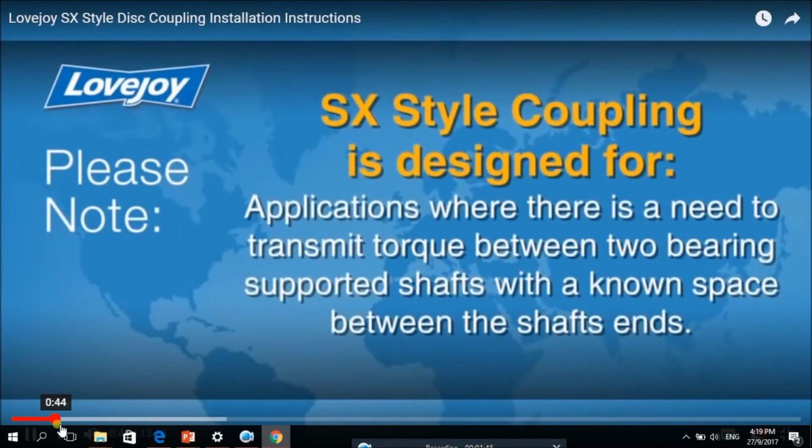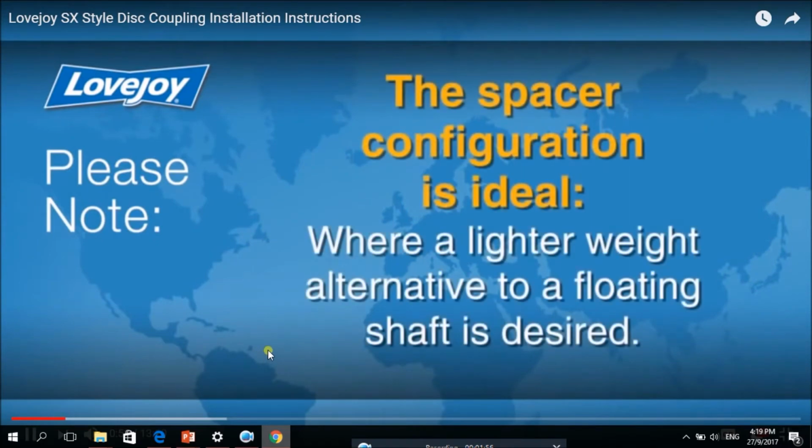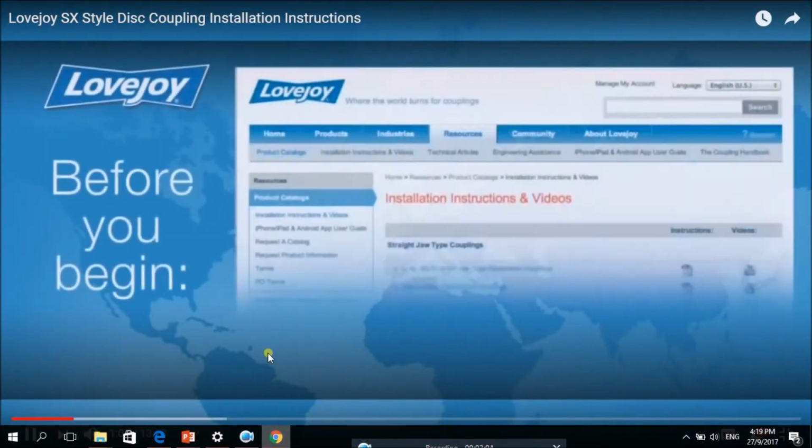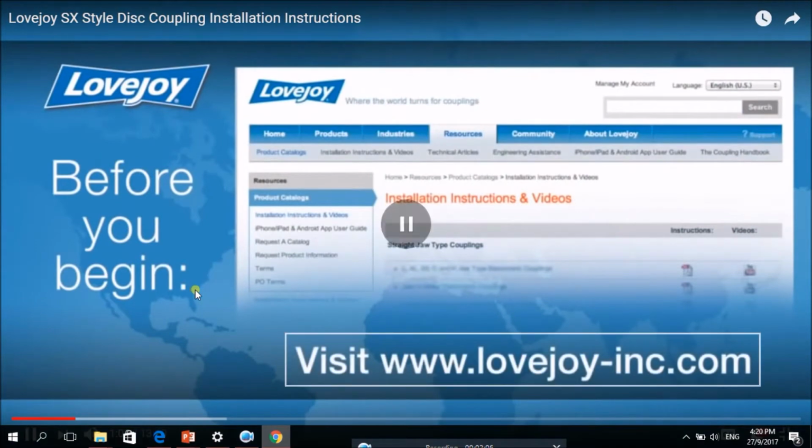The SX coupling is specifically designed for applications where there is a need to transmit torque between two bearing-supported shafts with a known space between the shaft ends. The spacer configuration is ideal where a lighter weight alternative to a floating shaft is desired. For this installation, please make sure you have access to the